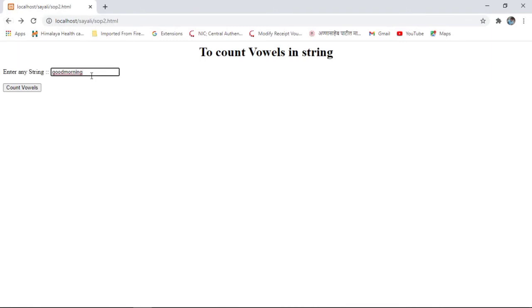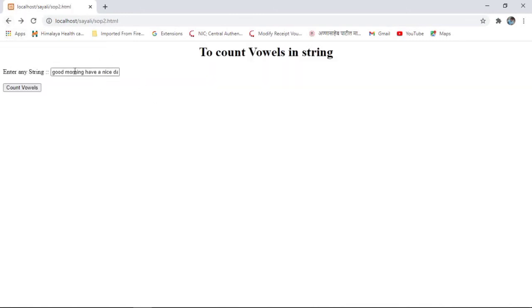If we add more values, suppose good morning, have a nice day. Let us check how many vowels are there within this string. See here 10 vowels are there. So in this way you can type here any string and check how many vowels are there. See here how many vowels are there? 2. So count will be 2.